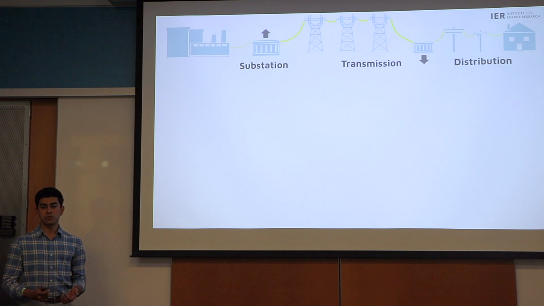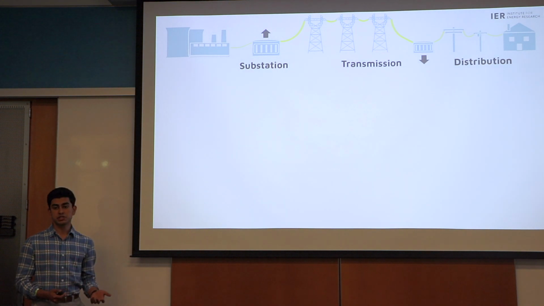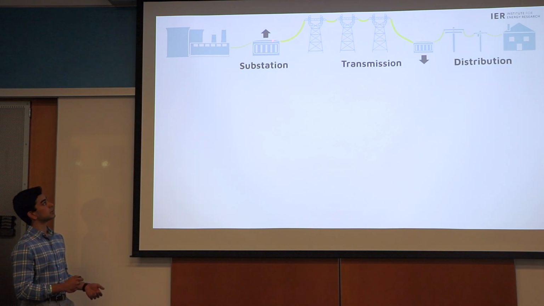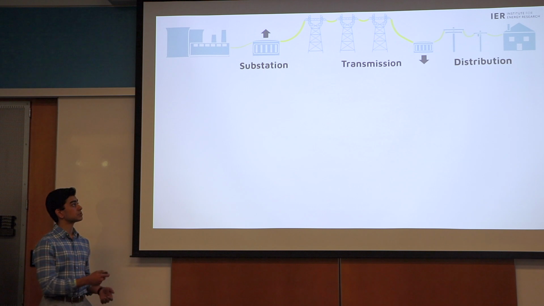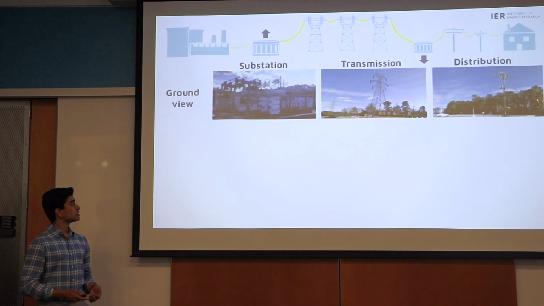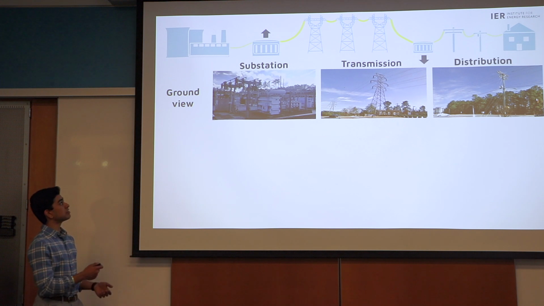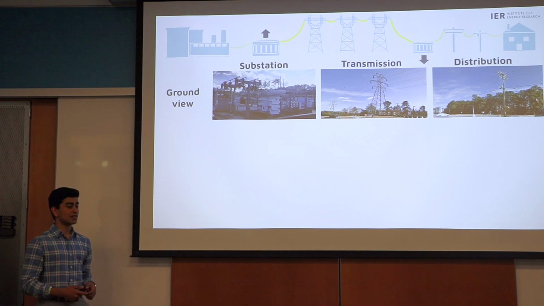So to give you an idea of what exactly that data looks like, consider the following typical energy infrastructure pipeline. Energy might be generated at a power plant, it is then scaled up and then transmitted across long distances by transmission towers, and then scaled down and distributed to residential, commercial, and industrial entities through a distribution network. So on a ground level view, we're more familiar with something that looks like this. If any of you haven't seen a substation before, there's actually one right behind Gross Hall that you can go take a look at after the presentation.